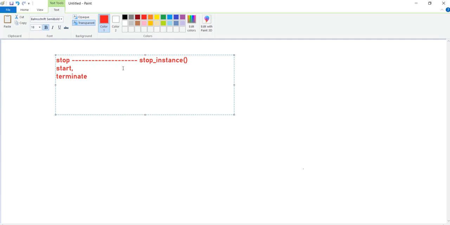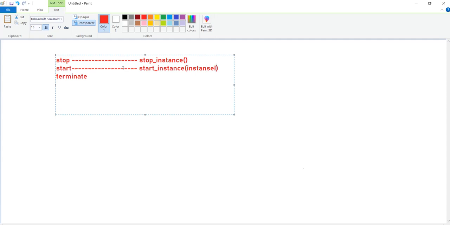In the same manner, if you want to start your EC2 instance, then you need to call the start instance method, and again you need to pass the instance ID.